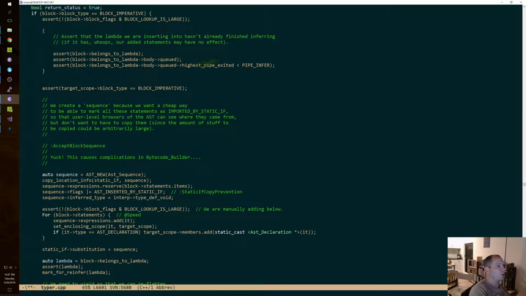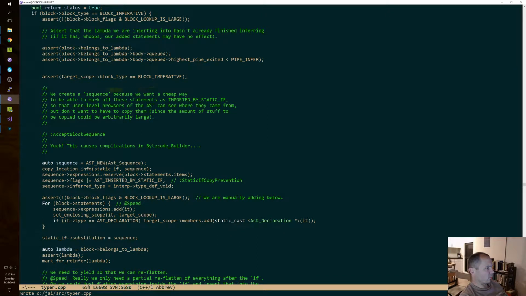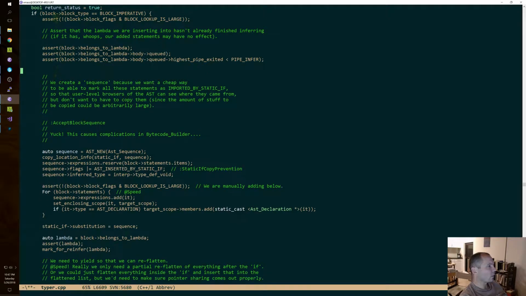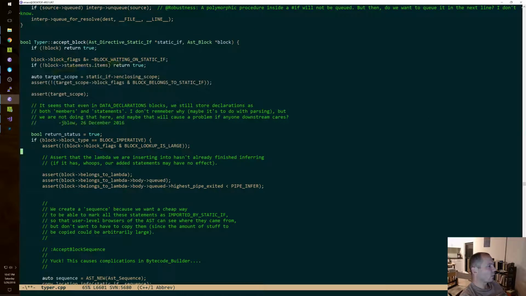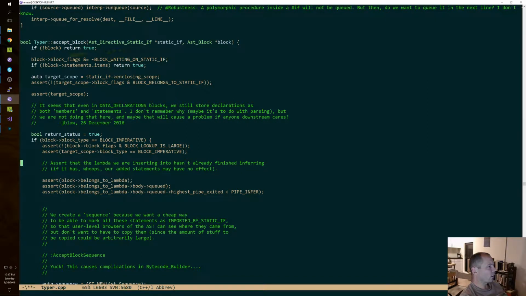Assert that the lambda we are inserting into hasn't already finished inferring. Wait, what is block?